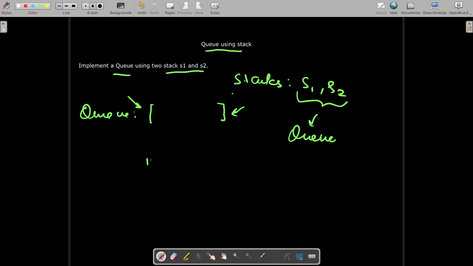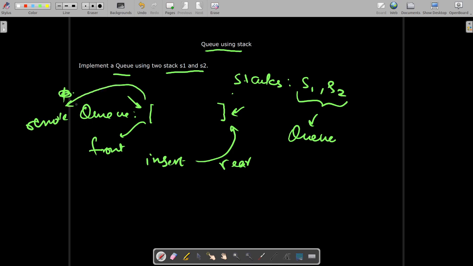When I insert an element, it inserts from the back, and if I pop or remove an element, it removes from the front. So it inserts to the rear and removes from the front. This is basically a queue.